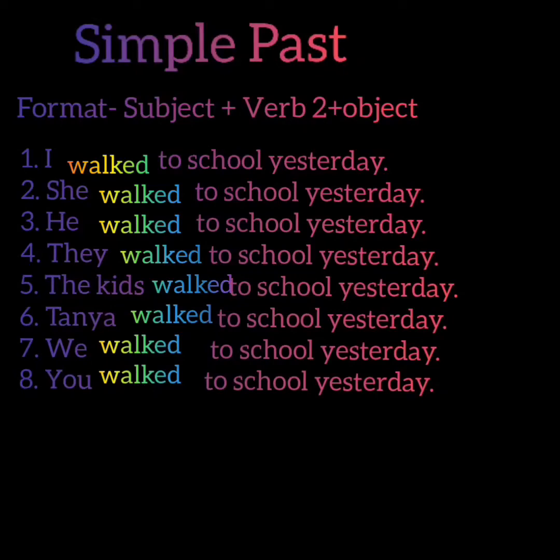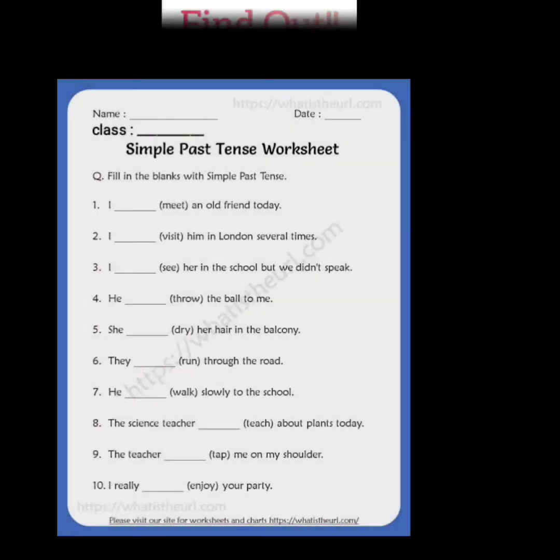There is only one form, verb 2, that we are using, and this is a very important tense that we use in our daily life. I went to school yesterday, or something like that. So you have to learn first the verb 2 forms of the verb 1. Many verbs, or action words, are there that you have to study very well. Then do not forget to learn the simple present format and the simple past format. It is very important.